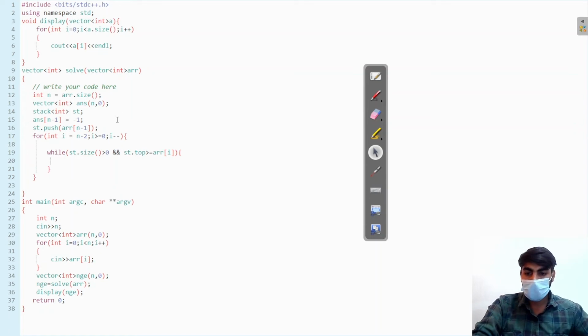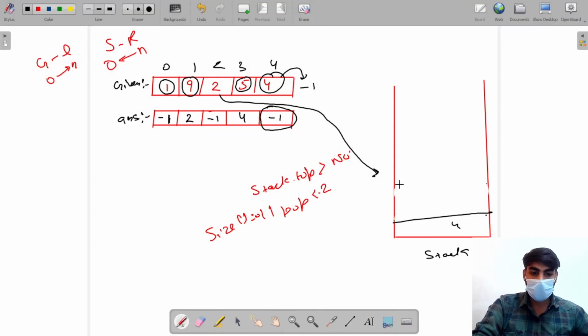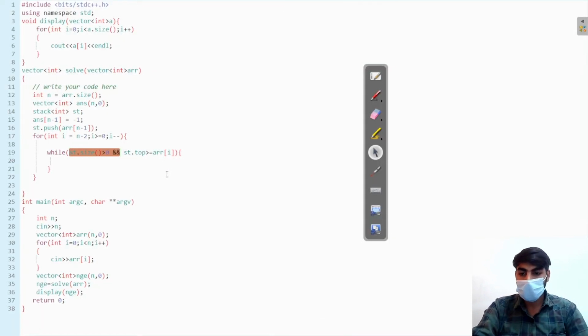What is this? I can write this condition here. That condition is the same as when we have 5 and 4, then 2 comes, we are popping out this and this, and then the size becomes 0. So st dot pop, okay, st dot pop,